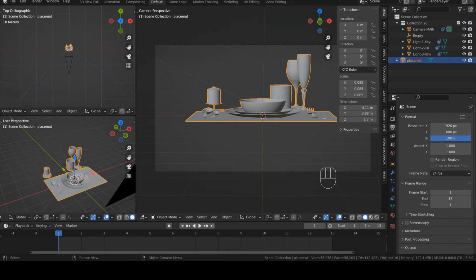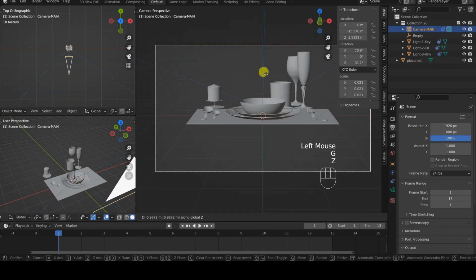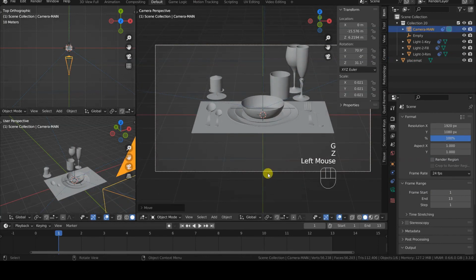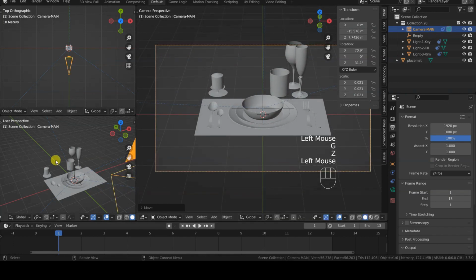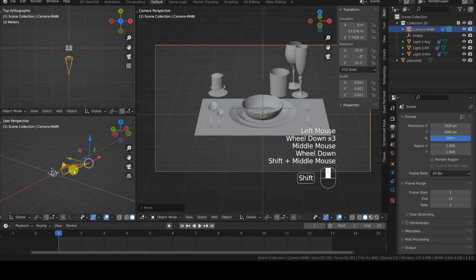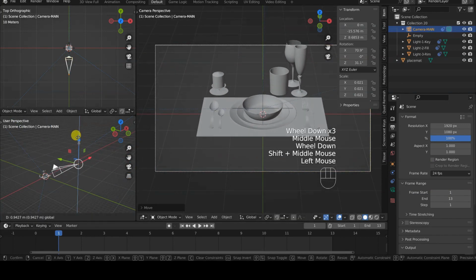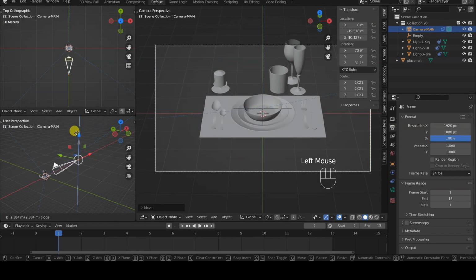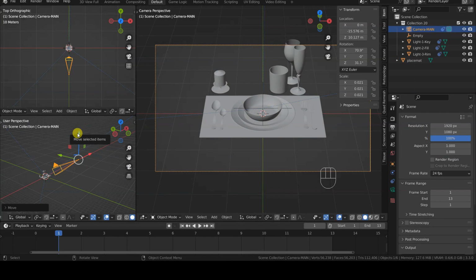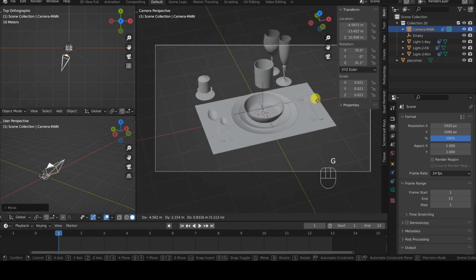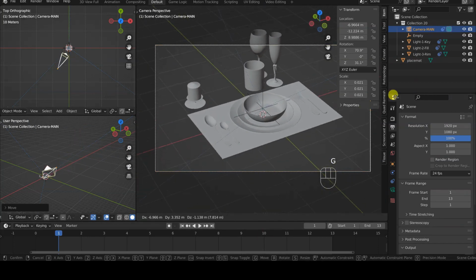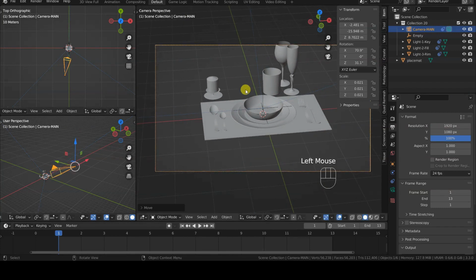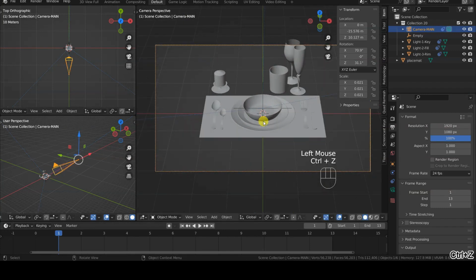In the case of TableWare Set1, however, there are no details on the back of the model, so we can proceed with the second option, moving up the virtual camera. This operation can be easily performed by selecting the virtual camera and moving it with a transformation gizmo in the 3D view, or with the GZ shortcut. Nothing prevents you from starting with a different framing, moving the virtual camera to other points in the scene.